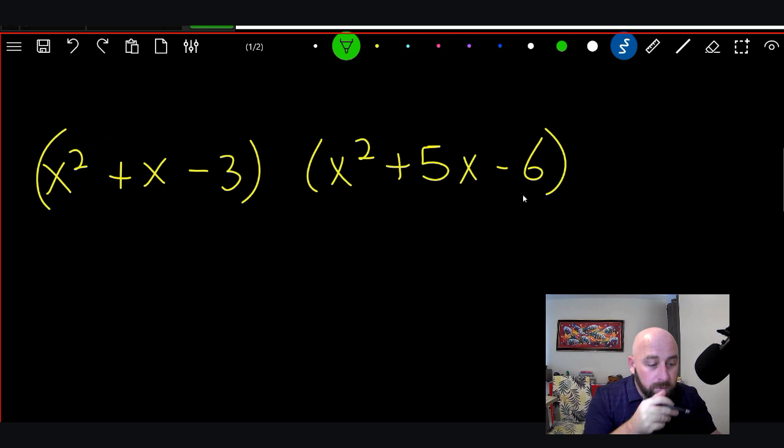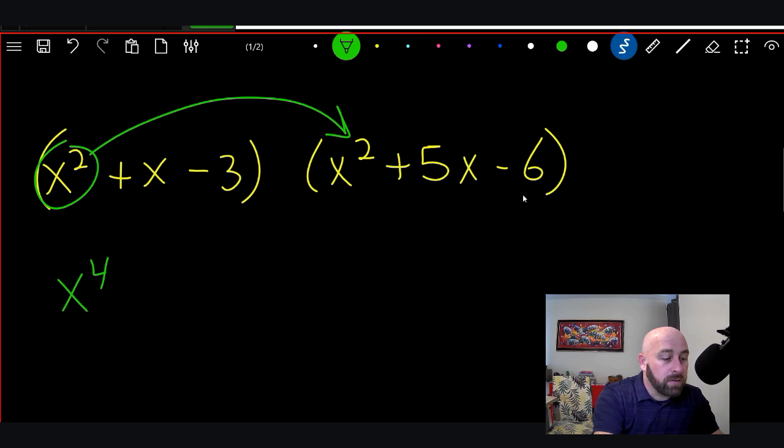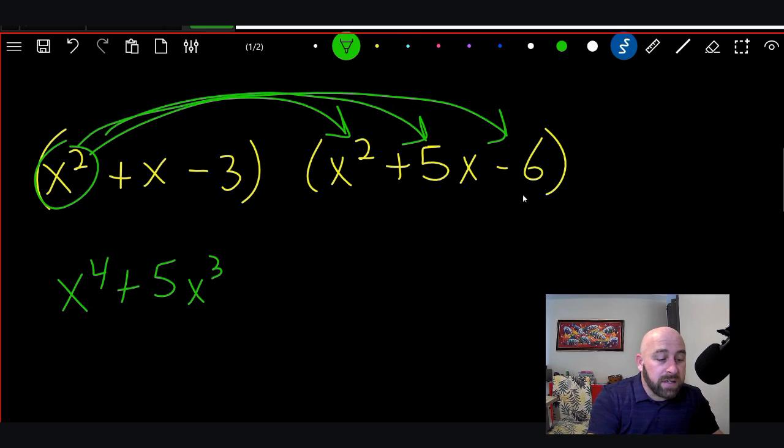So let's go ahead, we'll do this one in green. We will distribute the x squared. So x squared times x squared gives you x to the fourth. X squared times 5x is going to give you positive 5x cubed. Then x squared times -6 is going to give you